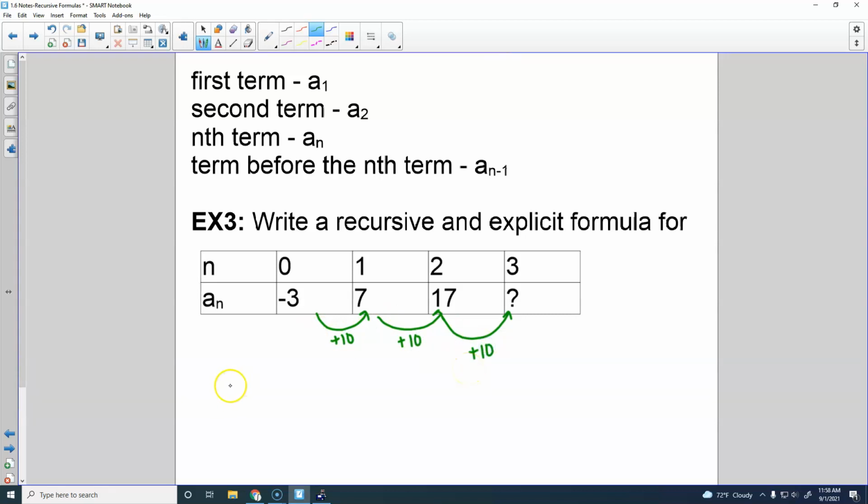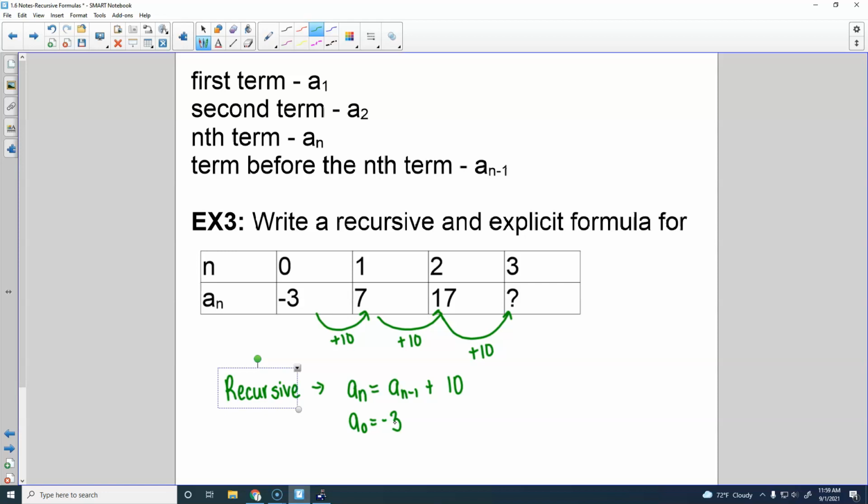Okay, so my recursive formula is going to be a sub n equals a sub n minus 1 plus 10. That tells me to get a term, I take the term before it and add 10. I'm also going to put a sub 0 equals negative 3 here. Whenever you're dealing with these types of problems, I actually almost feel like the recursive is easier to write than